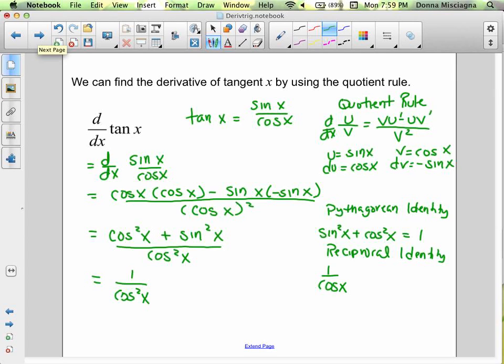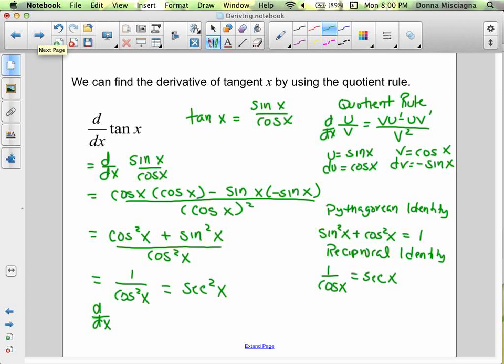Well, it is secant x. So I could replace the 1 over cosine squared x with secant squared x. And now you've learned the derivative for tangent using the quotient rule,